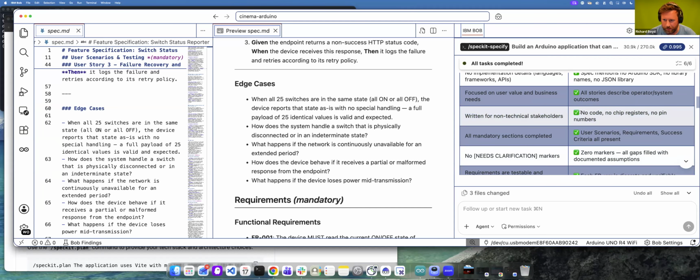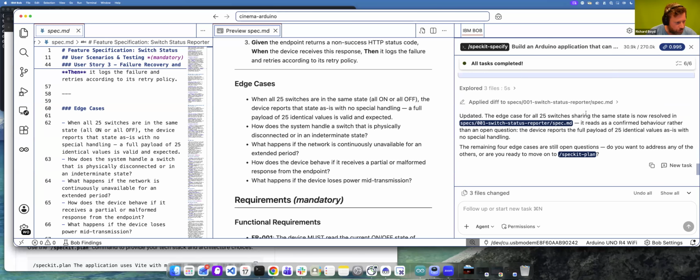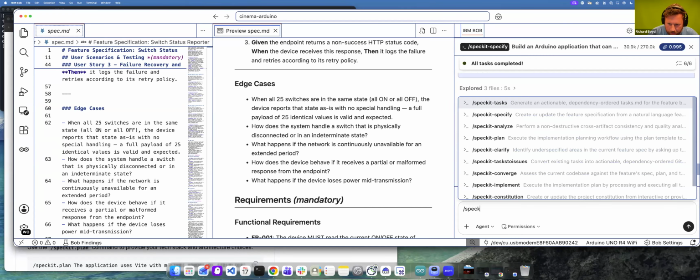And this is one of the items of no code, no chip registers, which is how stuff is moved around in the code, and then pin numbers, how it'll actually track all 25. I'm curious to see if it assumes that it's got 25 available pins, which it should. Yeah, let's move on to plan. So we say spec plan,